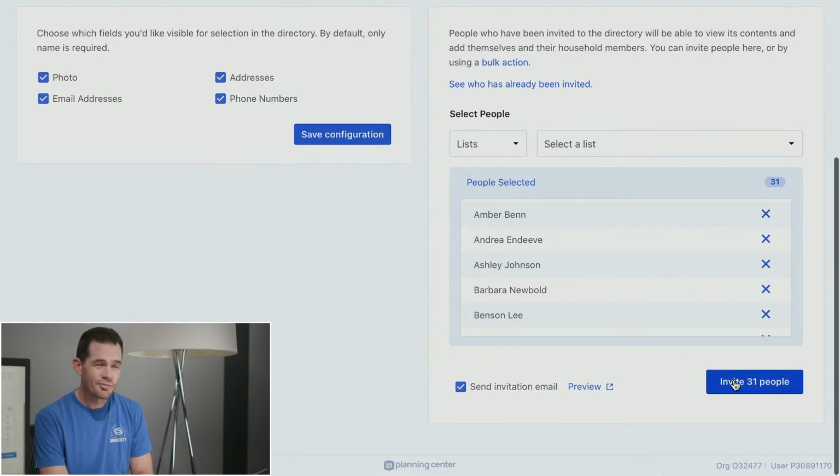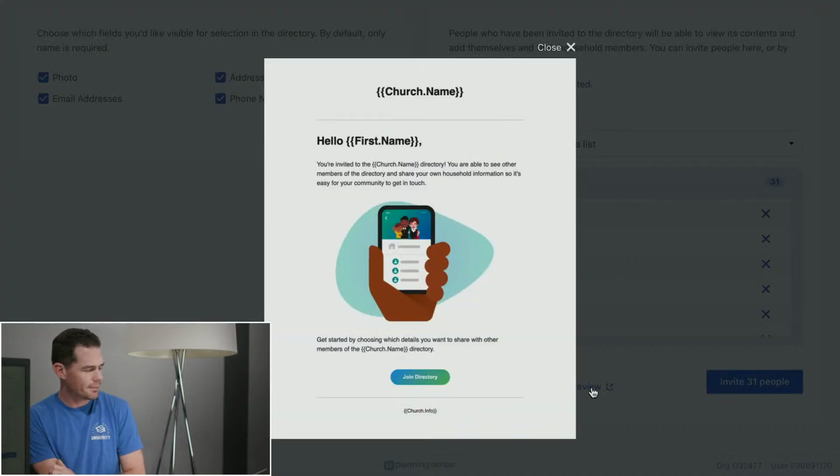And then if I were to hit invite 31 people here, what would happen is it's going to send them an email that looks something like this. It has your church's name. It doesn't even say Planning Center anywhere. It invites them to the directory. When they click on this Join Directory button,